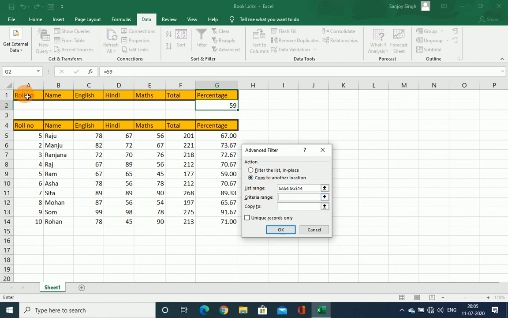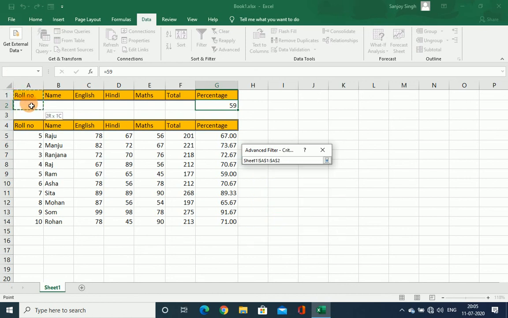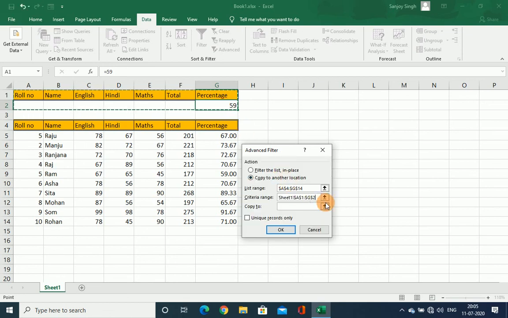You can select the cells this way, just drag it, and it will automatically select it. Okay, next copy to, this is where you want to see your results. So I am going to see my results from J1. From J1, so dollar sign J, again dollar, again 1, then colon sign,